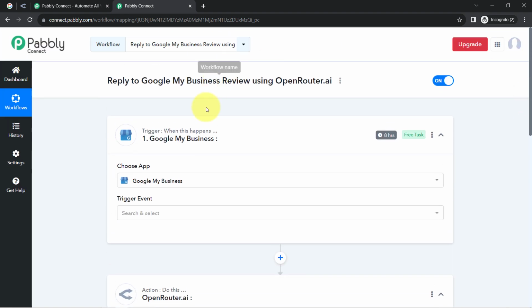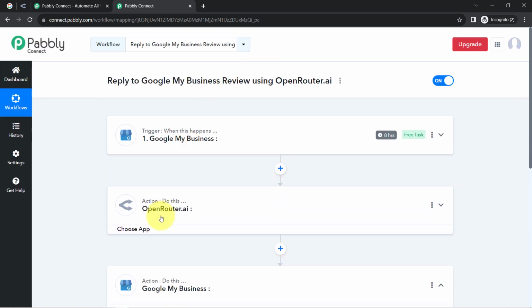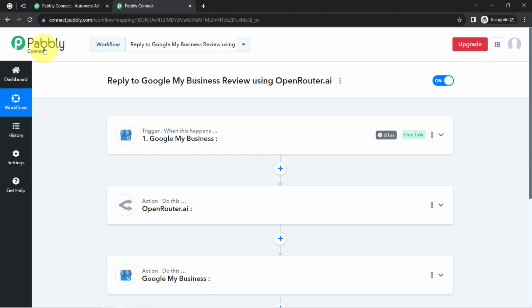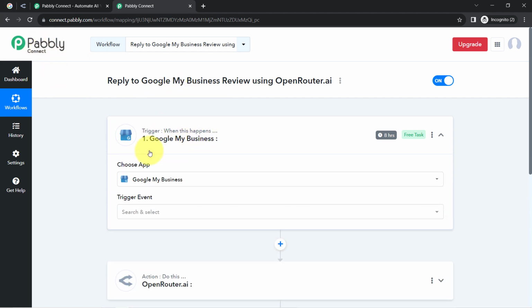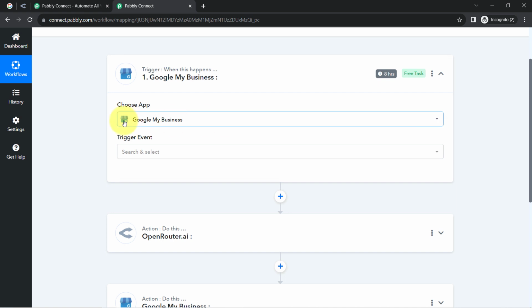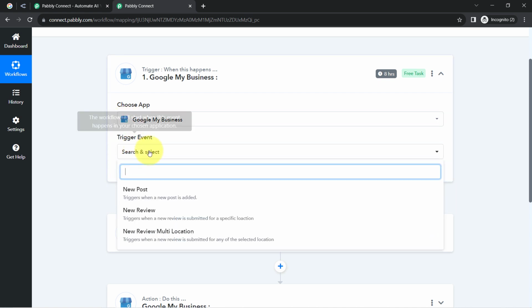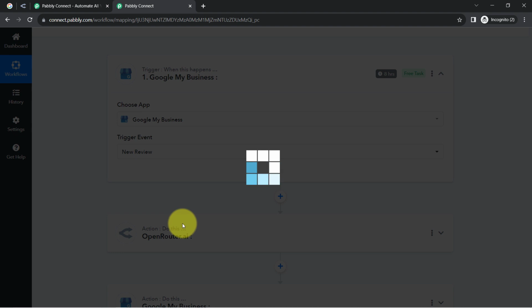Okay, and now the idea here is I will be connecting these applications one by one with Pabbly Connect. So let us first connect Google My Business review with Pabbly Connect. Firstly I'll select the trigger event, that is new review. You can also read the instructions, that is, triggers when a new review is submitted for a specific location. So yes, I want to perform the same, so I have selected the same, clicking on connect,